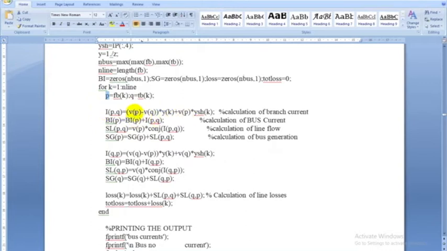V into Y, that is V, the voltage difference between the two buses, and the line impedance. The shunt admittance is also there, therefore the shunt path is also considered. After calculating the current in each line, we need the total current available at each bus, but each bus may be incident to two or more lines, no? So we have to find the current in all the lines and sum up.